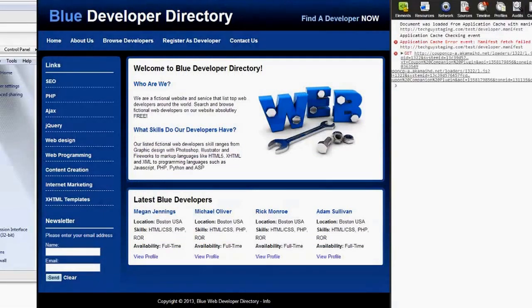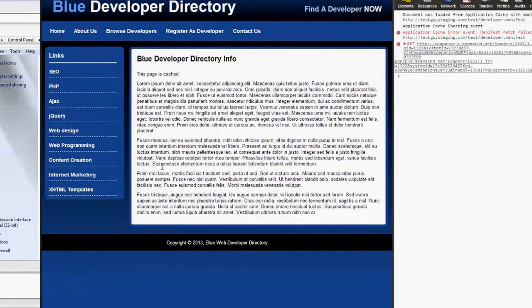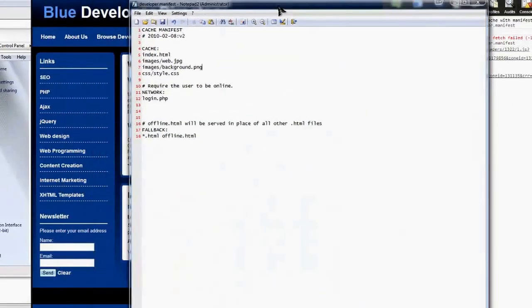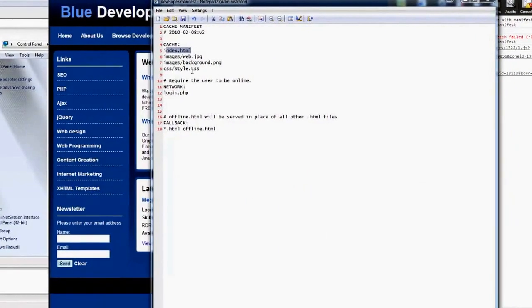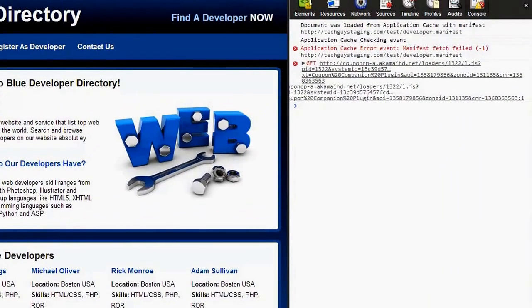And index HTML we can still view. Now about us, nope. Browse developers, nope. Now the info page works, it's cached. So these two pages that we specified in this document, index HTML, and then is that the right one? Let me get the other one. Don't worry about any of this. I'll have all the files that actually work in your program files,